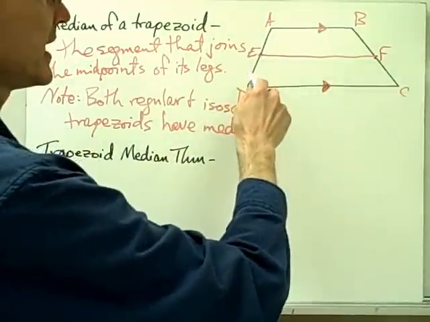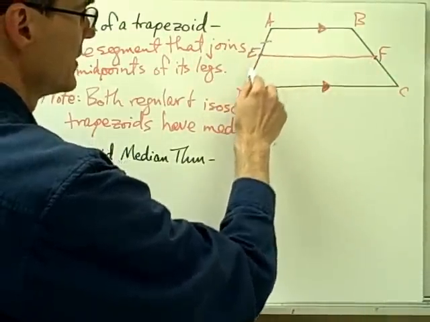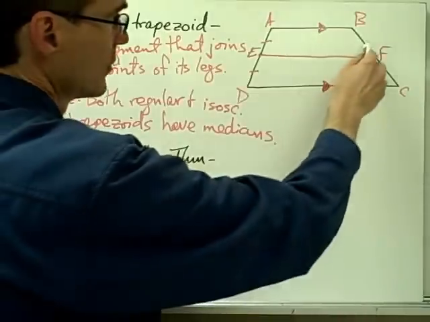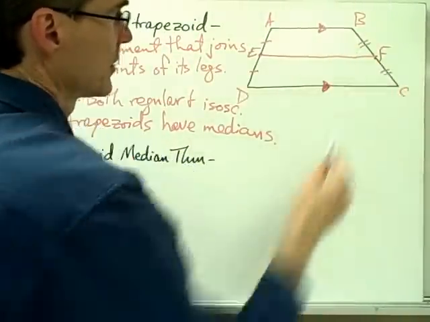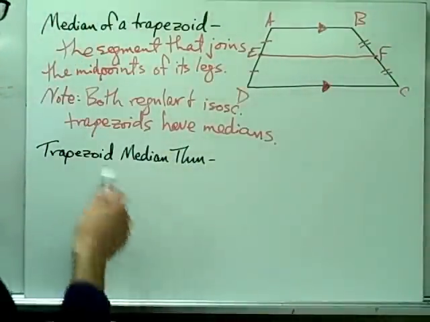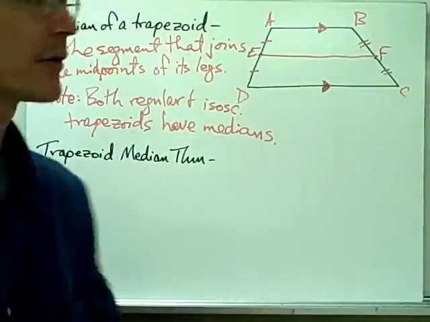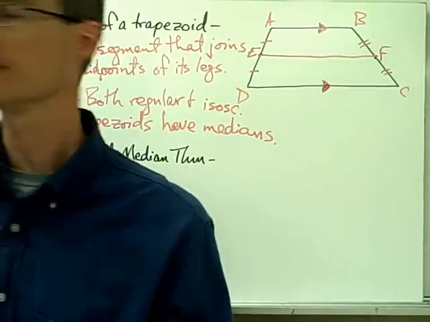So this segment here, EF, is a median. It joins the midpoints of the two legs, which means that this segment and this segment are congruent. This segment and this segment are congruent. Now, there's a theorem called the trapezoid median theorem, which gives us a couple of other properties of the median